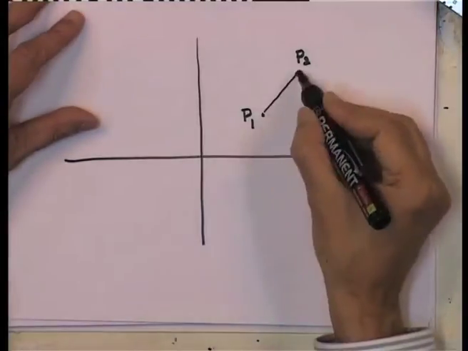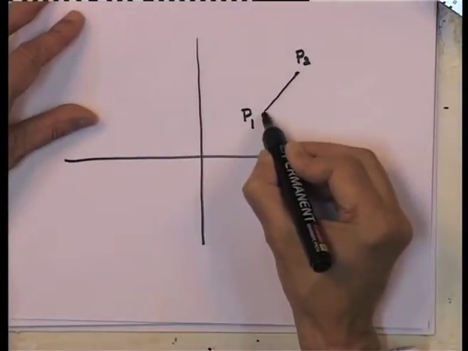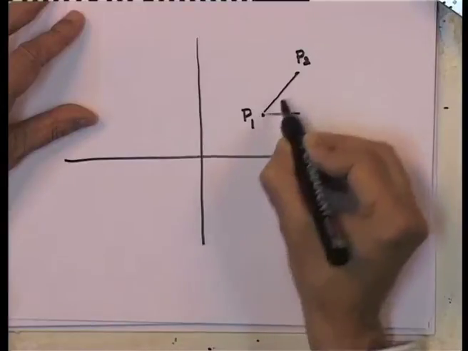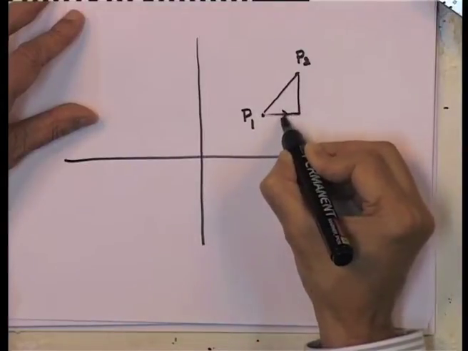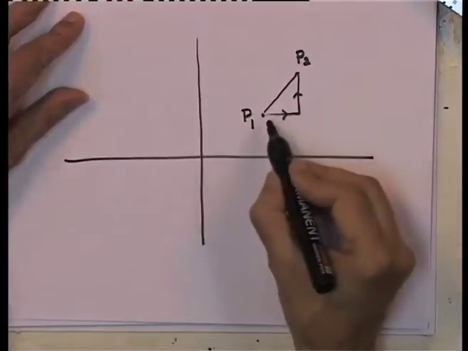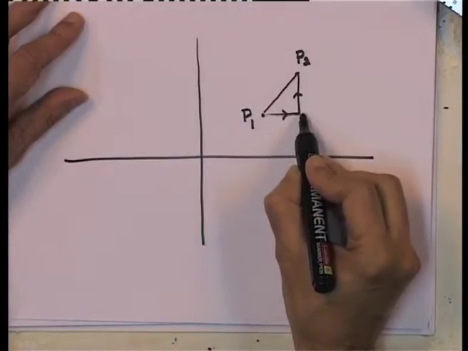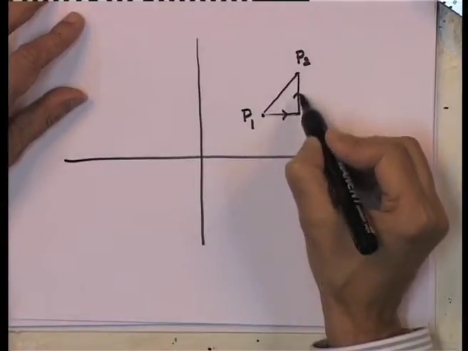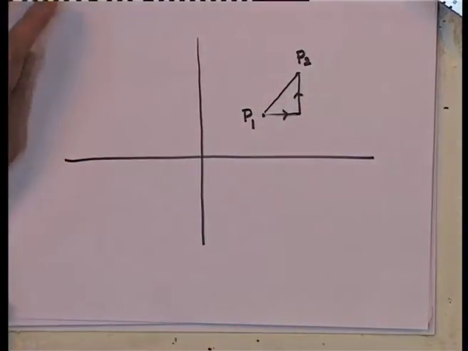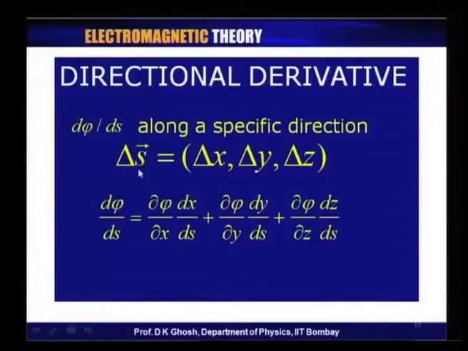This I can calculate in many ways. What I could do is to say that I will go like this and then like this. Along this, y is constant. Along that, x is constant. So, what we do is to say that, look, d phi by ds, I take a special type of derivative which is not written as d phi by ds, but it is written as